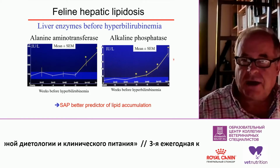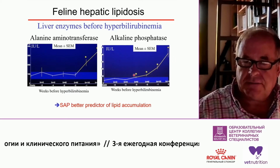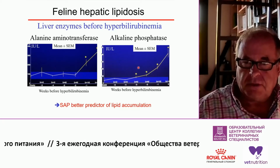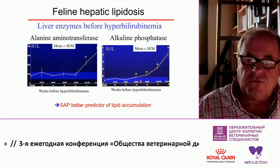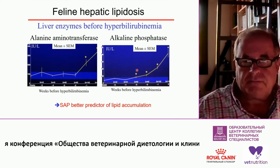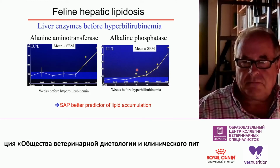Whereas for alkaline phosphatase, it was as much as 3 weeks. В то время как щелочная фосфатаза начала повышаться уже за 3 недели. Knowing that in cats, any increase above normal limit of alkaline phosphatase is suspicious, there is a problem. Таким образом, мы должны еще раз вспомнить, что любое повышение щелочной фосфатазы у кошек всегда должно